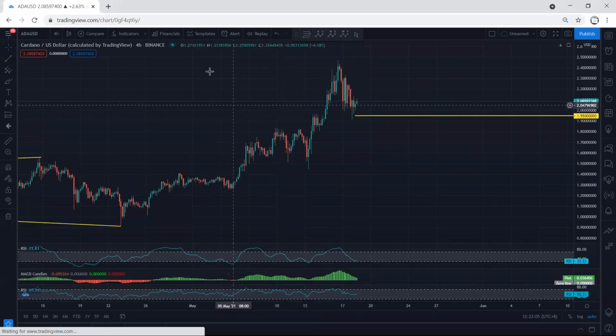And if we move to the 4 hour chart, right now we're looking at this. That means if we get any reversal, any trade within this, we are more interested in looking for buy. But the only question is, based on what we see on the 1 hour chart, can we expect this one to turn to a deeper correction before we get the reversal or not? Right now we cannot confirm based on the 4 hour chart.